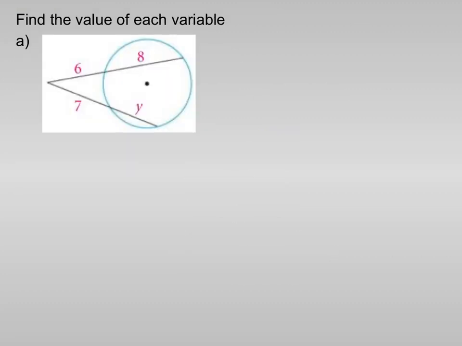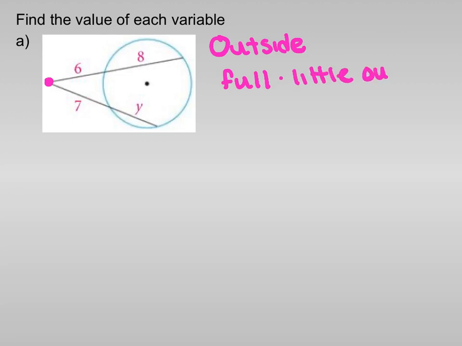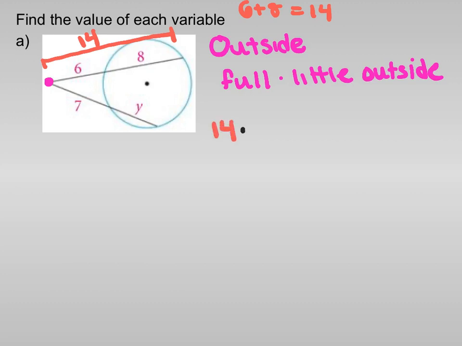Now in the next example, the lines intersect outside the circle, which means it's the full thing times the little part outside. So if I were to determine that, the full thing for this segment would be 6 plus 8, which gives us a value of 14. So this whole length is 14 times the little part outside, which is